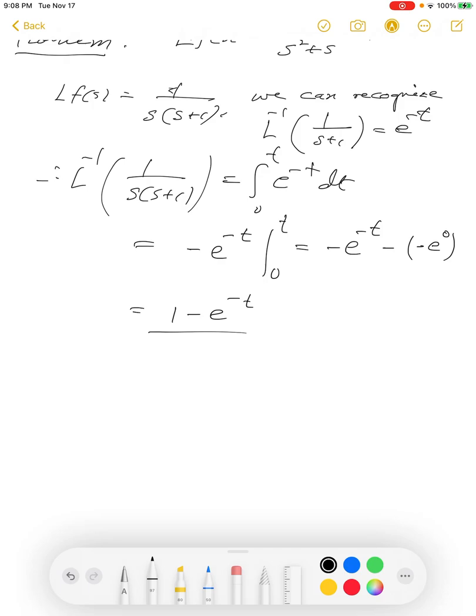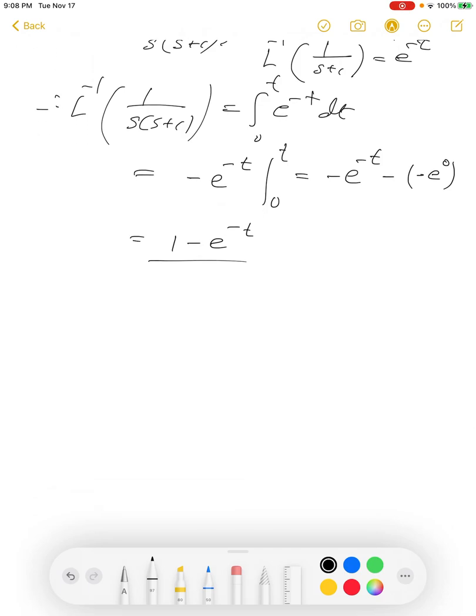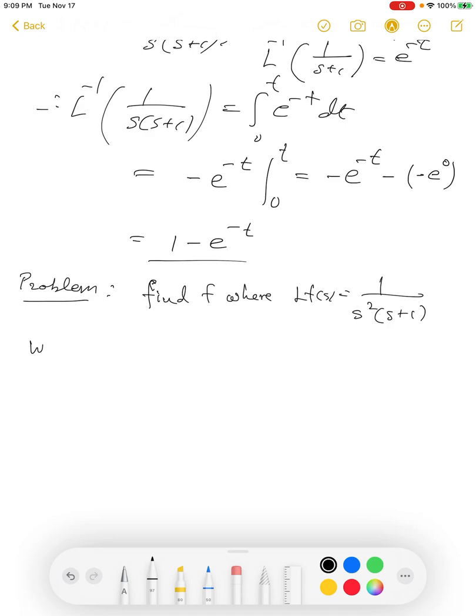So if you have a factor, and let's do one more problem. Find the function f where LF of s is 1 over s squared times s plus 1. So you have two 1 over s's here. We just showed that L inverse of 1 over s times s plus 1 is 1 minus e to the minus t. Therefore, by the formula for the integral,